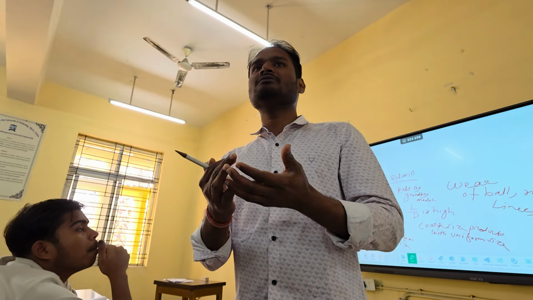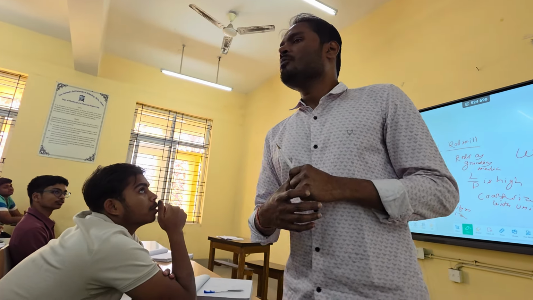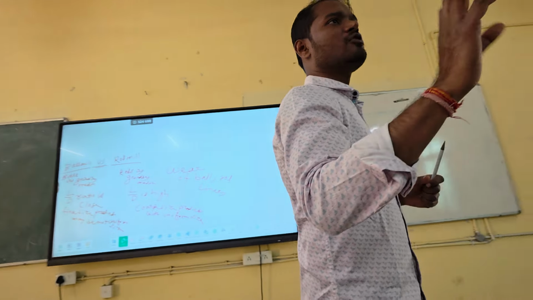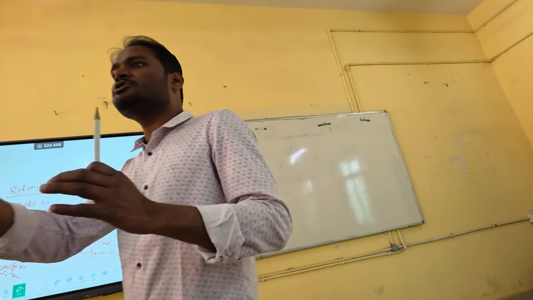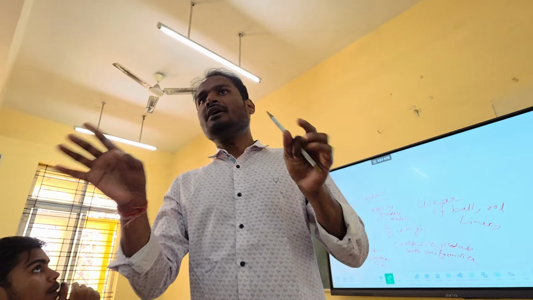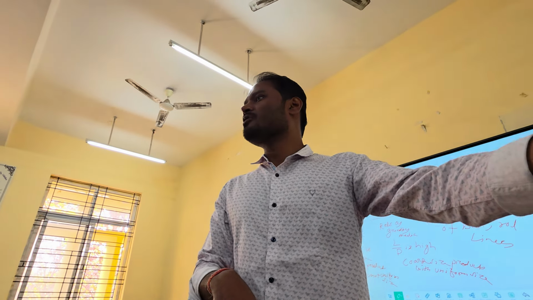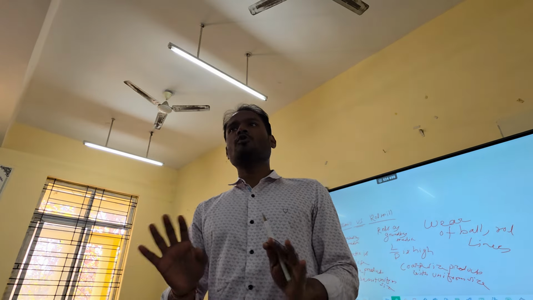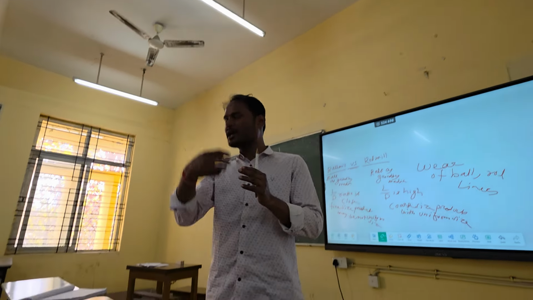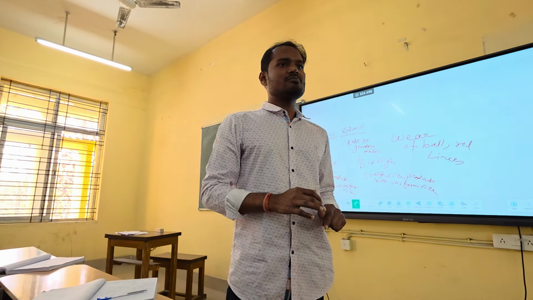You can use polymers, then that is fine. Or you can use some porcelain. Porcelain means ceramic materials also you can use, which are close to the composition of the mineral, right? If the liner is made up of not steel, for example, it is made up of ceramic material and it is close to the composition of the mineral, so contamination will not happen.